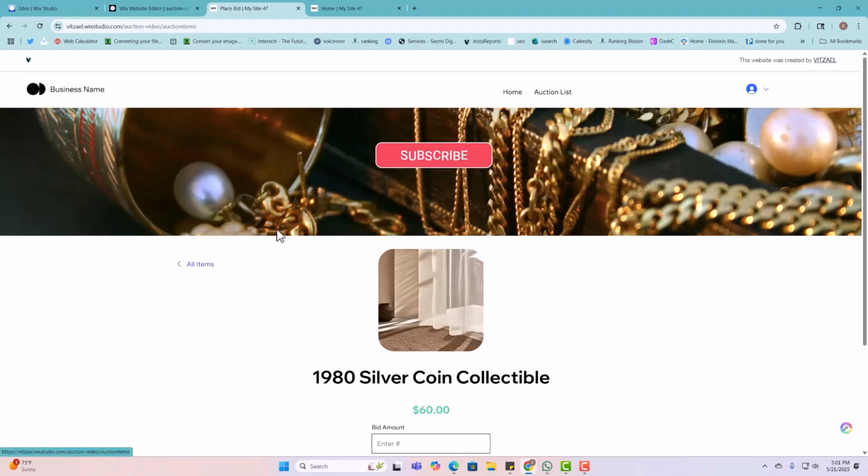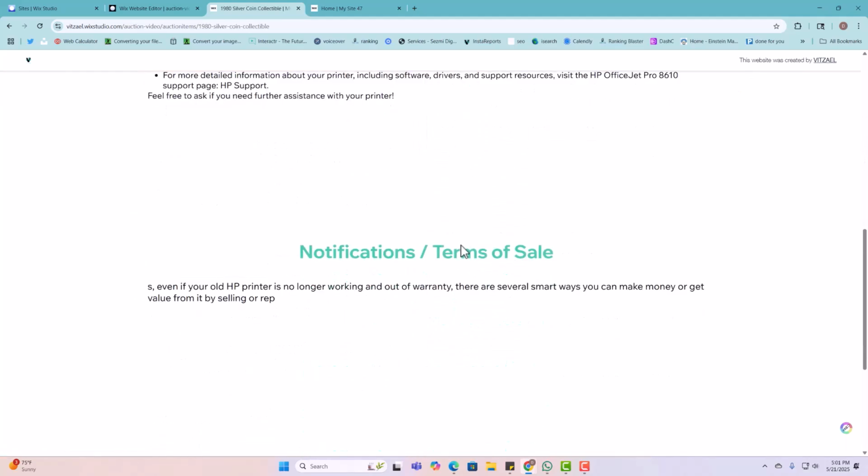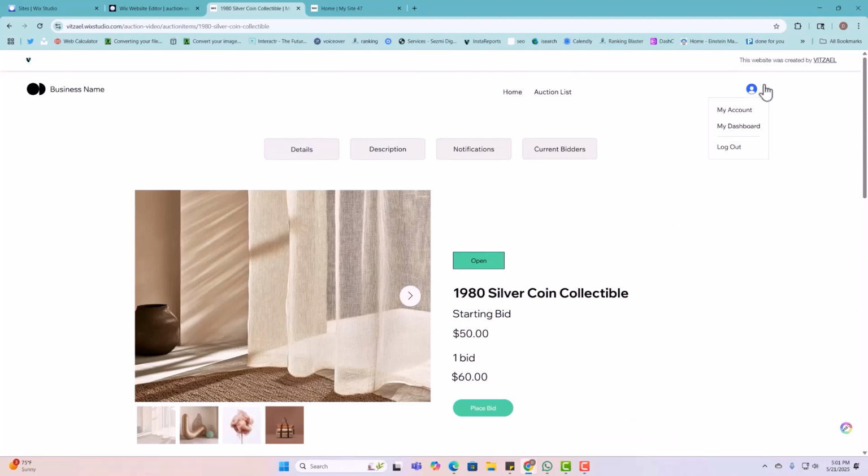So if I click all items, you can see it's there, 18 hours left. I can click on the image. And if I scroll down here, now you see my name and then leading. And then if I go to my own dashboard,